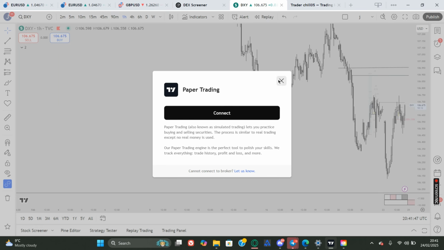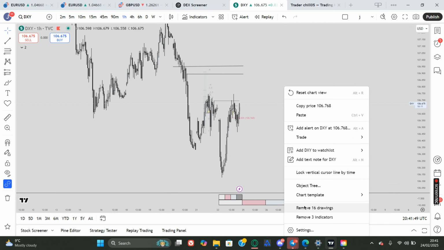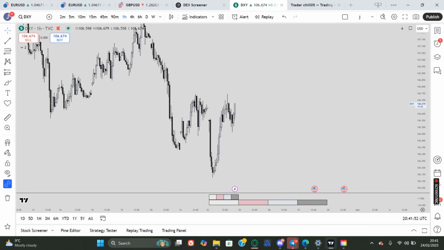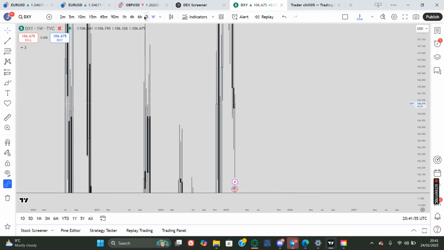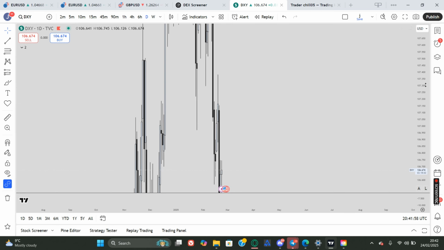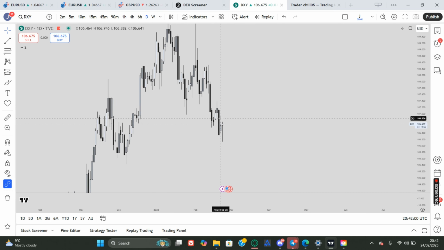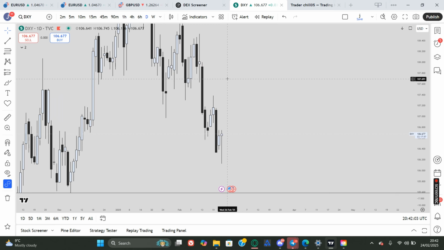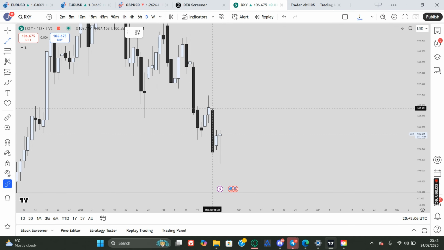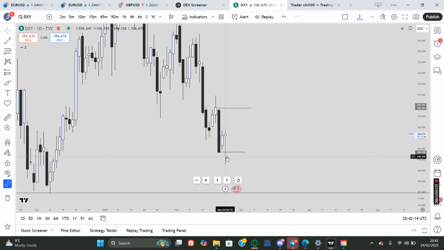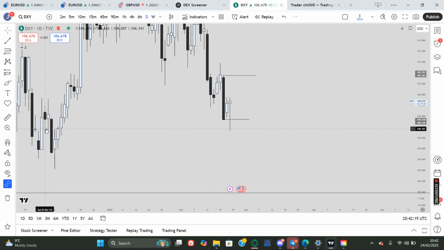If we go on DXY, let's go to the daily. So yeah, see literally the same things happening here. You can see that we've got our CRT high up here. Now you've got our CRT low down here. We go into this level down here, which is basically our order block. So if you measure the 50% of this,